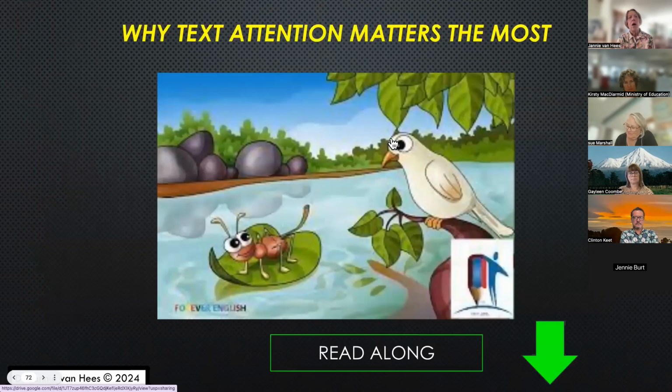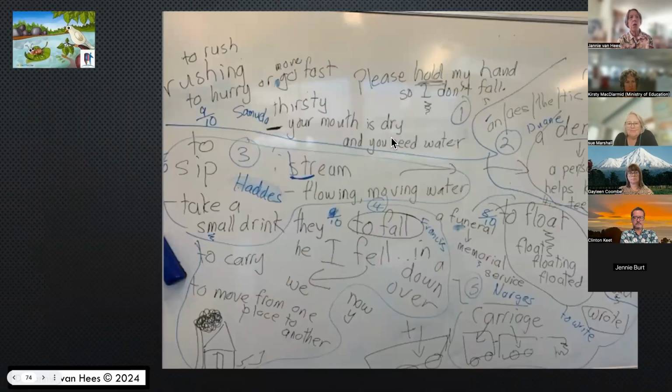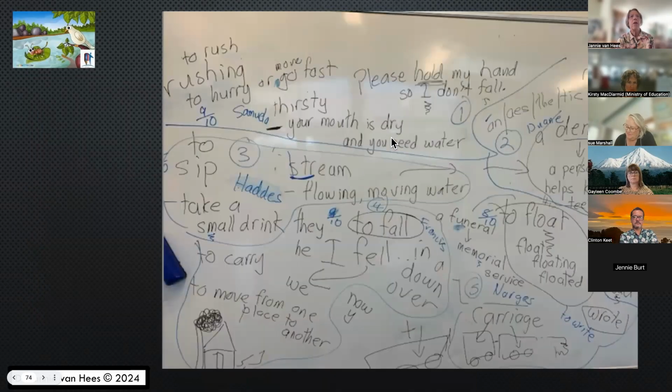So I want to focus again on this text, which I was just using in the classroom a year or so ago, and we were trying to meaning-make this text. For some of the students this was more challenging than for others. But you can see in this messy whiteboard, I use whiteboard all the time, that there's attention to patterning and meaning making. You might think, can't you do more tidy board work, Jannie? But it started blank, and as we went along, we were recording on the whiteboard what was occurring.